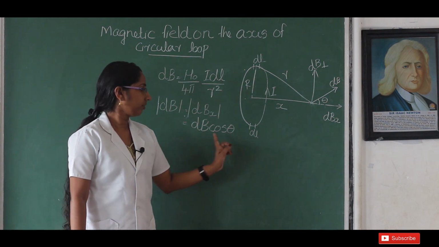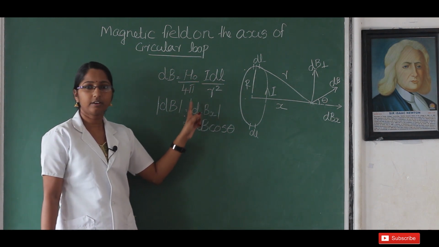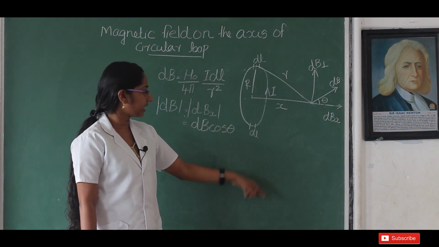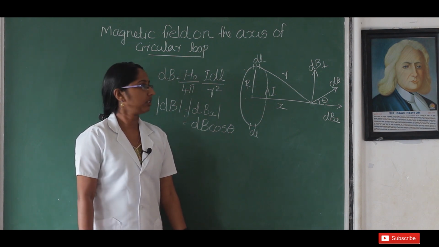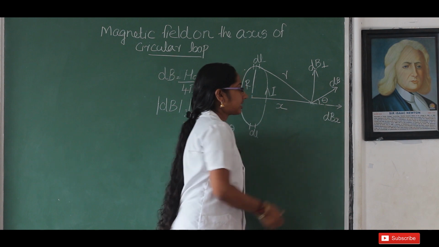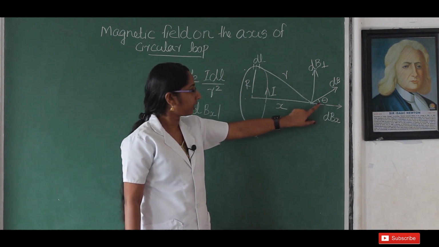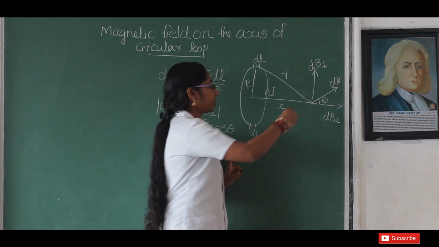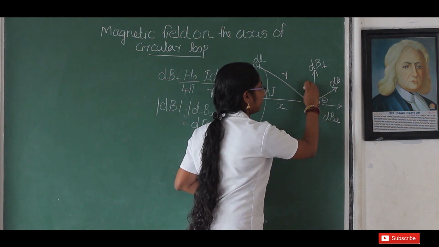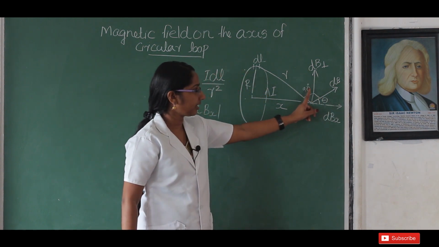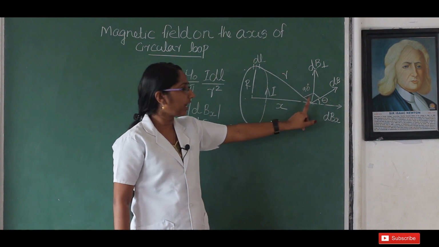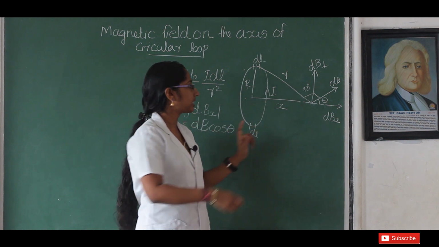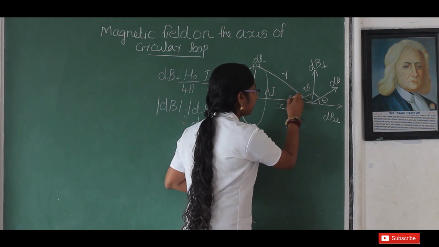And from here we get what dB is. That we have already written. And now we want to calculate what cos theta is from here. So we know this angle is theta, and the total angle is 180, isn't it? On this portion, this angle is 90 degrees and this one is theta. Then what is this angle? It may be 90 minus theta, isn't it? This one becomes 90 minus theta.